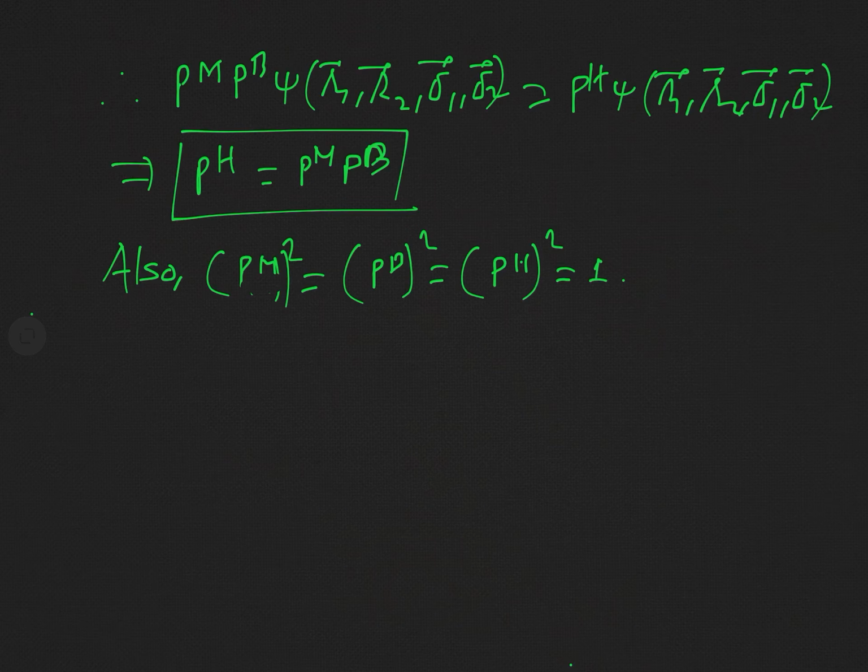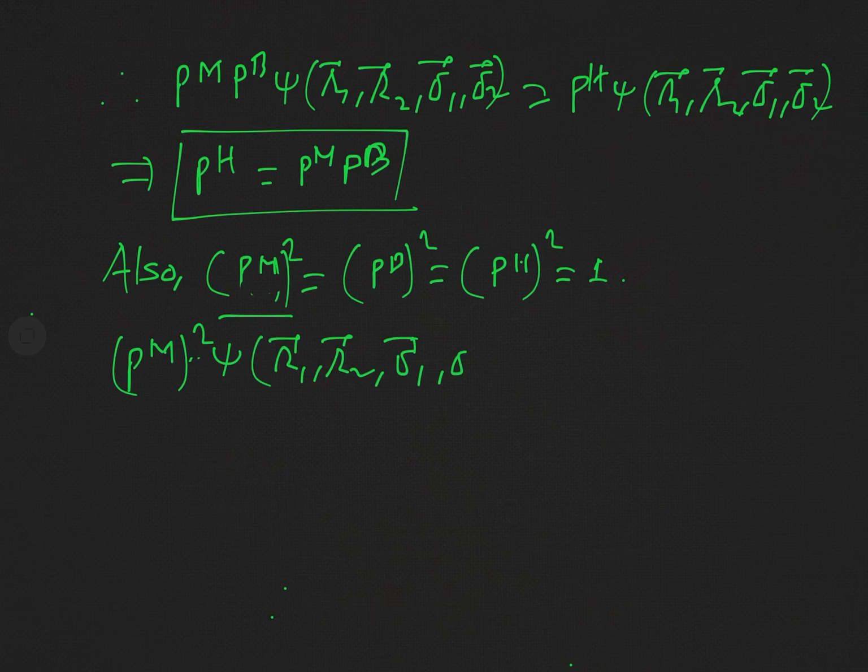How can we explain this? I am just explaining any one. If we apply P_M squared on the wave function psi of r1, r2, sigma 1, sigma 2,